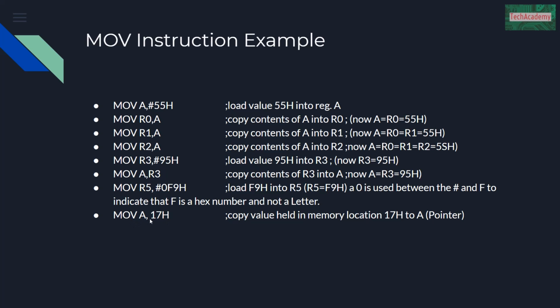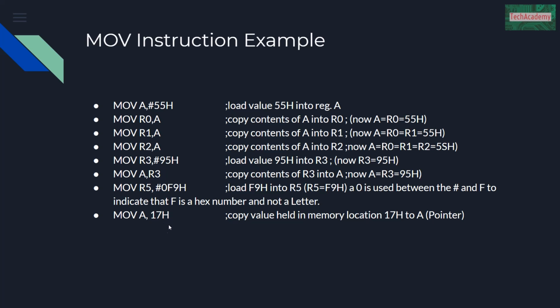The next example is move A comma 17H. Okay, so in the earlier examples we saw that we had this hash symbol when we had to transfer immediate data into any register, but here we haven't used any hash or anything else. So what is the use of this instruction? This instruction is basically used to,